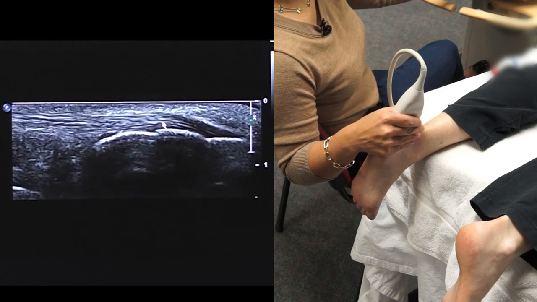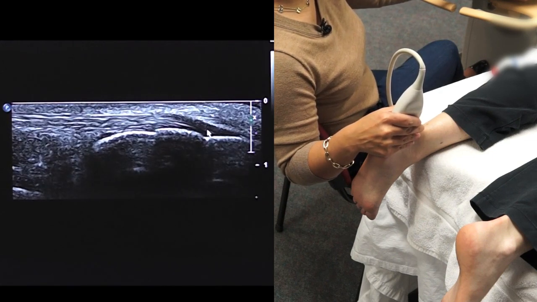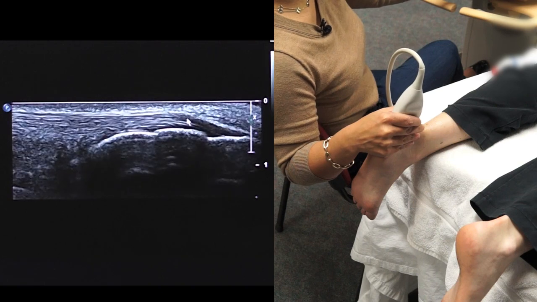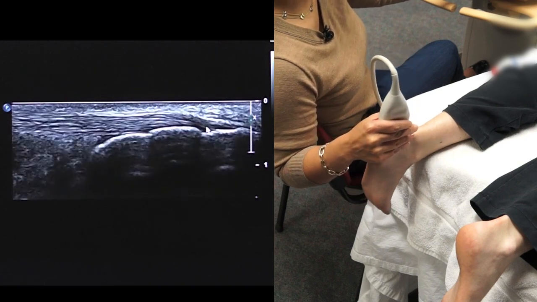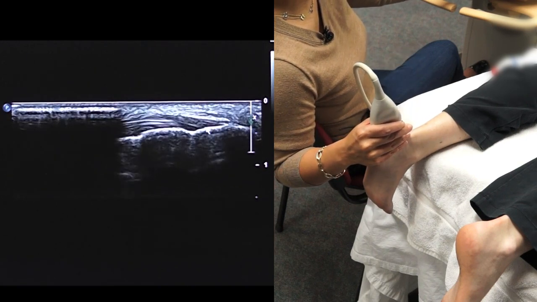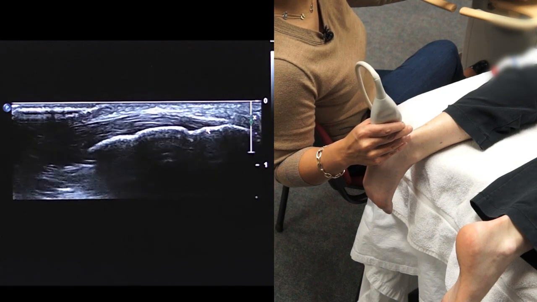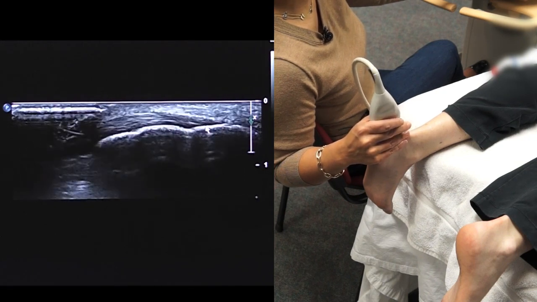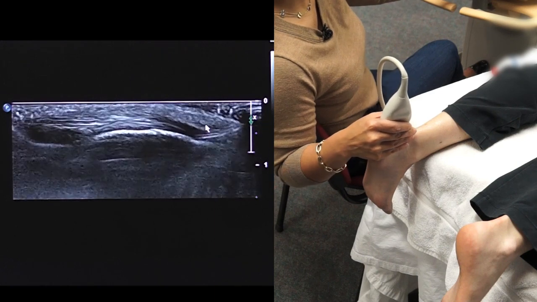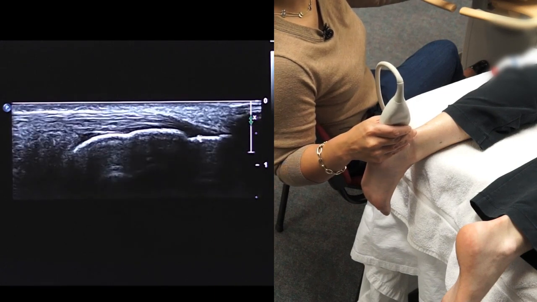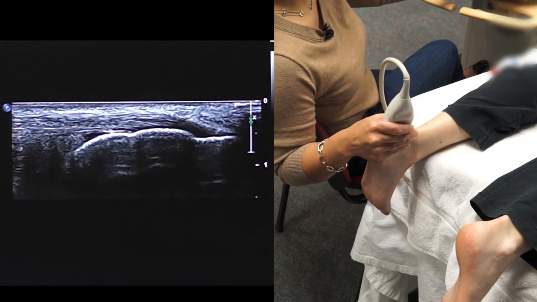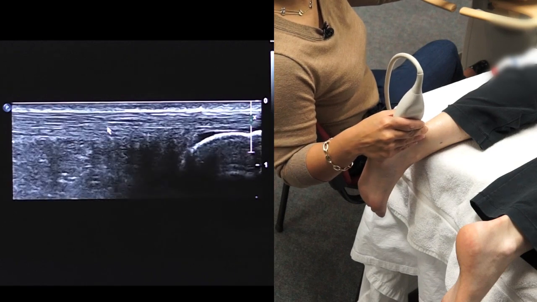Now I just want to alert you that as the tendon fibers dive down, you will see some anisotropy. You want to make sure to bring the fibers perpendicular to the beam to remove the anisotropy and make sure that there is no pathology at the insertion. You can see that the cortex is nice and smooth at the insertion. Okay, now we will slide